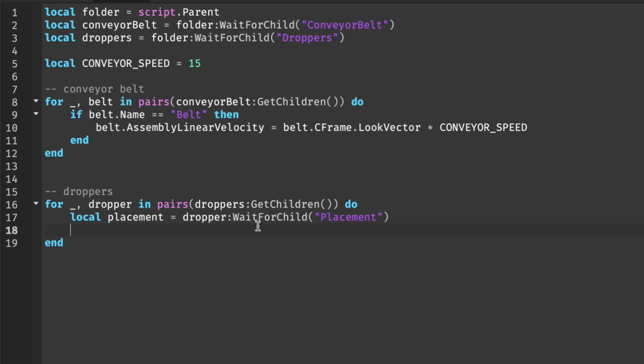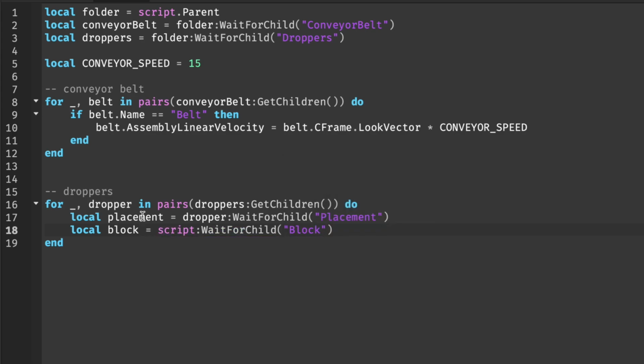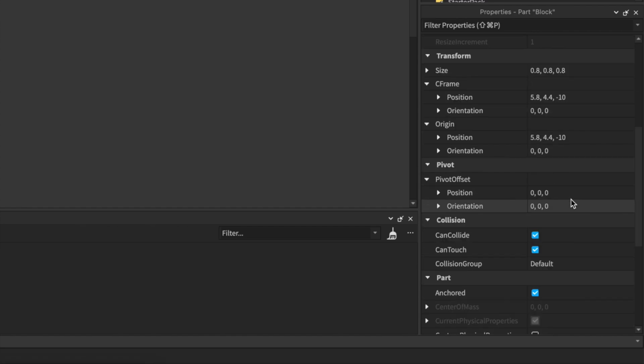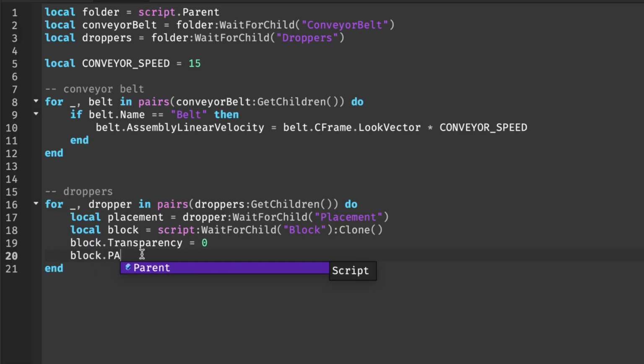And what's going to happen is we're going to clone that part inside the script. So we're going to do local block equals script wait for child block, and we're going to clone it so that we're duplicating it essentially. And then what we're going to want to do is we're going to do block dot transparency, and we're going to set this to 0 because right now the block is transparent. Let's also just unanchor the part in the script so we don't have to do it in the script. So just uncheck anchored in the properties tab, block dot parent equals,